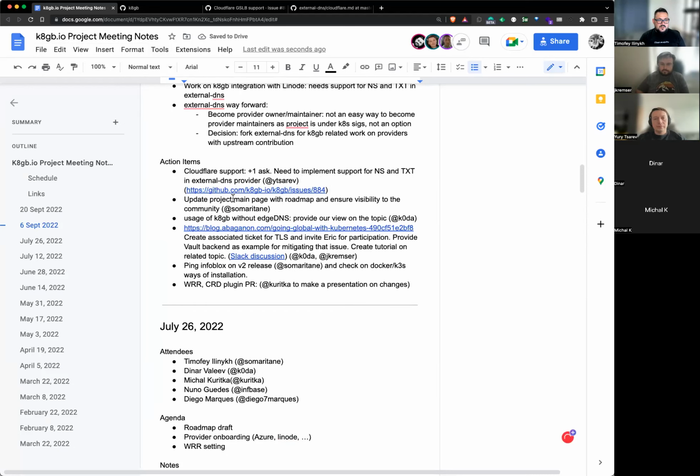Okay, project main page with roadmap. It's still on me, I didn't do anything there. I still need to wait a minute before we finish with Cloudflare. I don't have capacity to work on it now. Just to avoid ambiguity, I will not be able to look into Cloudflare in the foreseeable future.